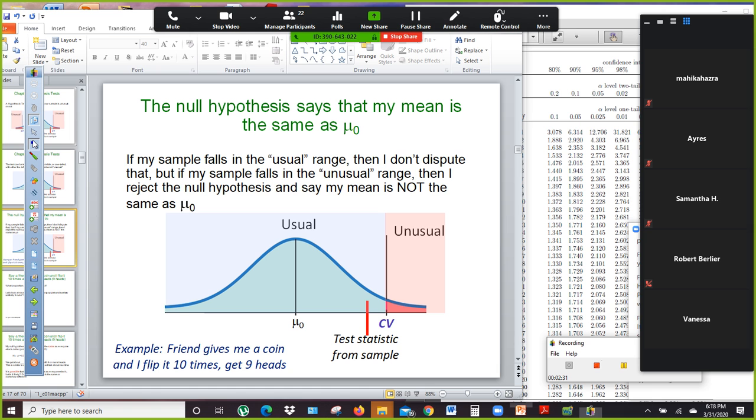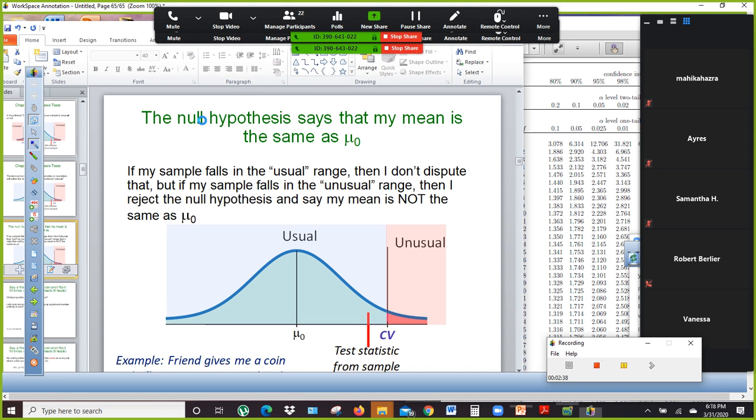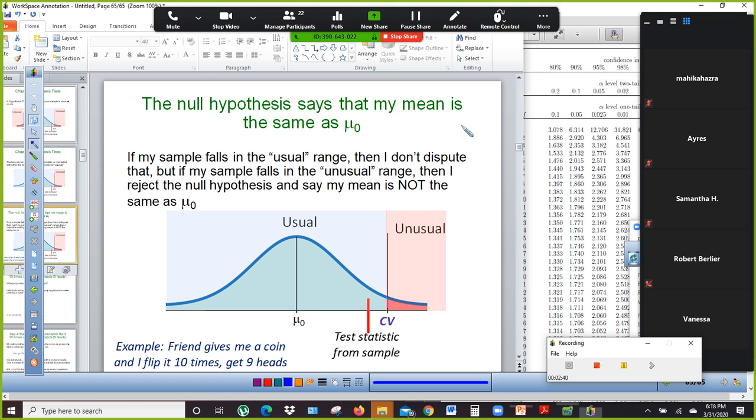So the null hypothesis says that my mean is exactly the same as everybody else's mean. It says that my deck is the same as the rest of the world's deck. In other words, in our example, my deck,